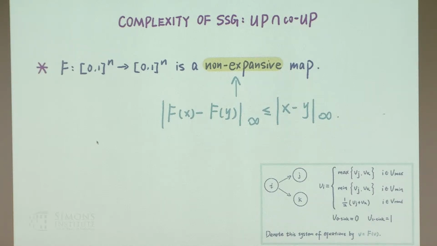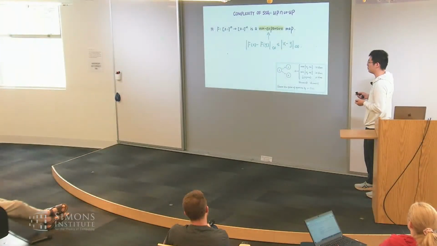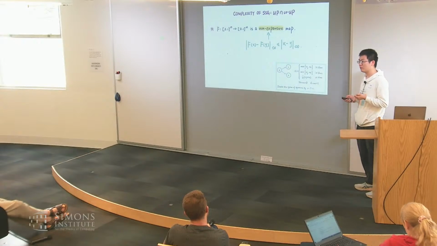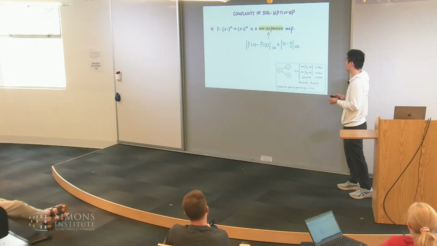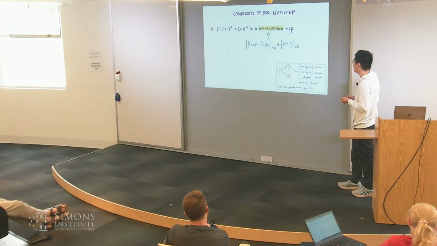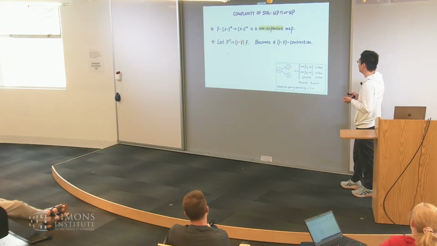It's easy to see that this function... Oh yeah, I'm going to talk about this. This is a non-expansive map, which means if we consider the Lipschitz constant here, it's only 1. It's not strictly less than 1. So by now we cannot apply the Banach fixed point theorem because it's not a contraction, but we can just